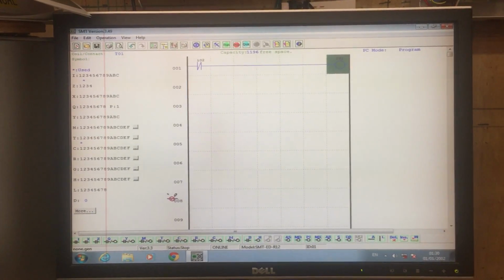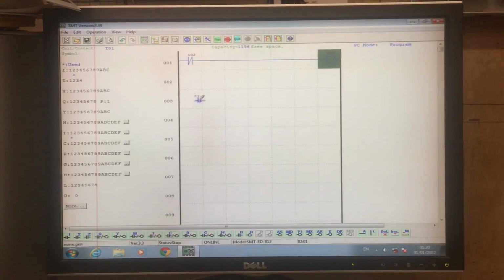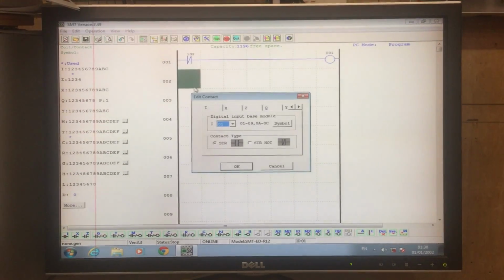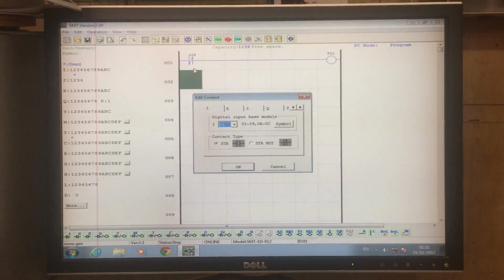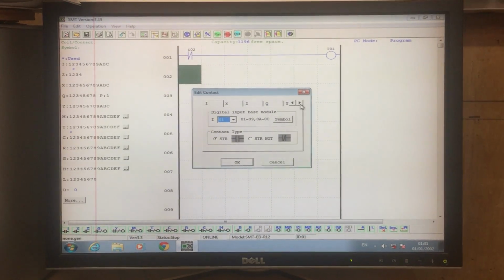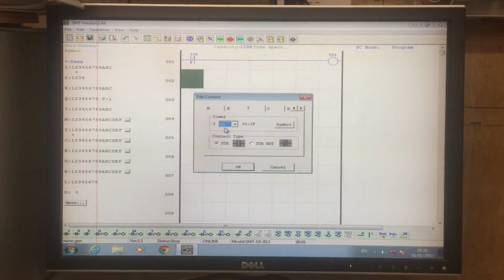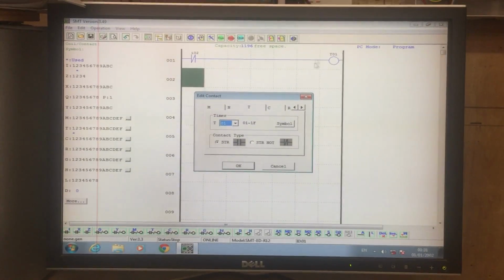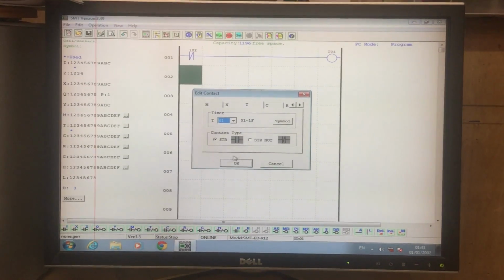The next step is to select another input to go to rung 2. Because we're using a timer, we now need to select the timer for the input, and this is found along here, along the top tab. So you scroll over to T01 to match up with our timer here, and that is going to be a normally open contact,